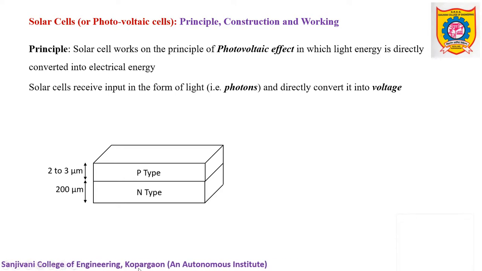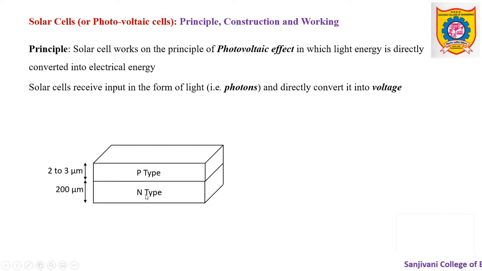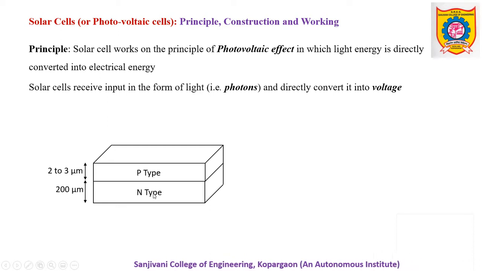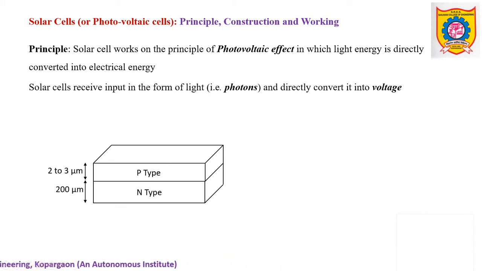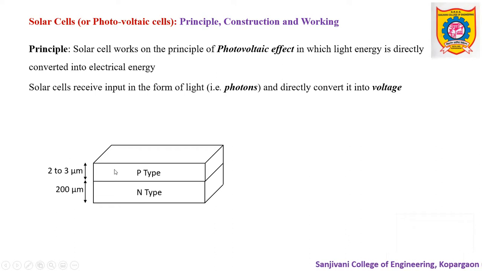Now we know very well, whenever these P and N-type semiconductors are considered in the form of a junction, this solar cell also is a kind of PN junction device. Means it is much similar to a PN junction diode. However, its functioning is totally different from that of an ordinary diode. Anyways, this PN junction of a solar cell consists of this junction region, that is the depletion region.